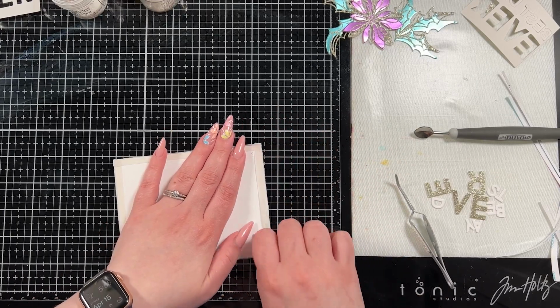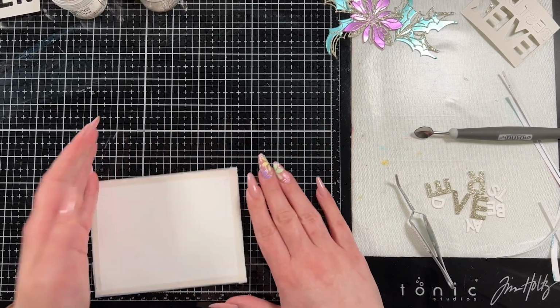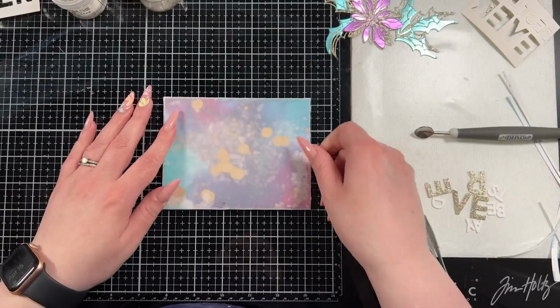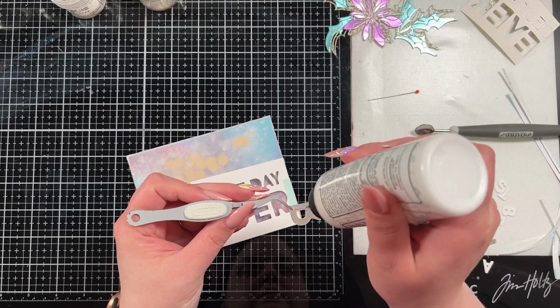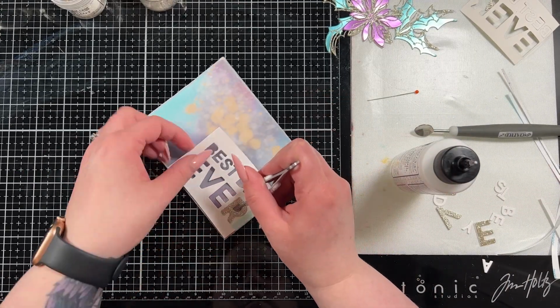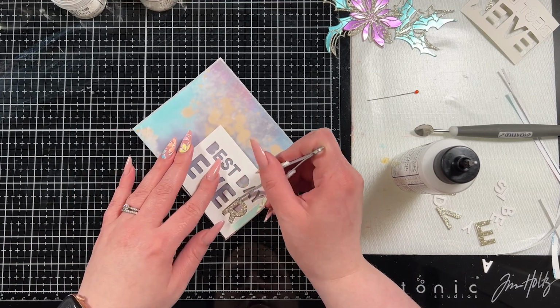And I did use my reverse tweezers just to lift the Scor-Tape. It's easier for me. I have long nails. So instead of fighting with Scor-Tape and whatnot, I just bring in my reverse tweezers. And then here you kind of get a look at how this turned out. So I am going to adhere down my sentiment, and it is the best day ever from the bold text